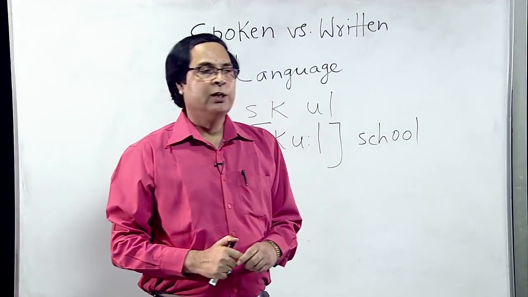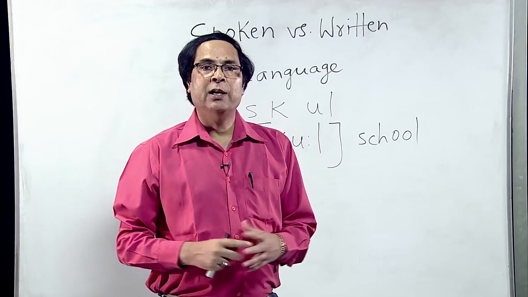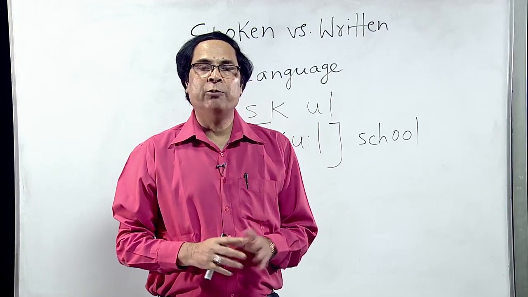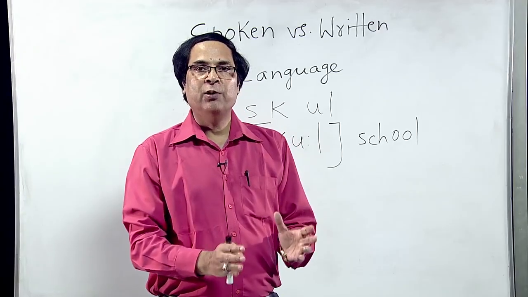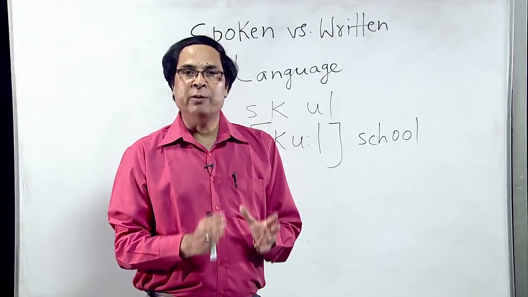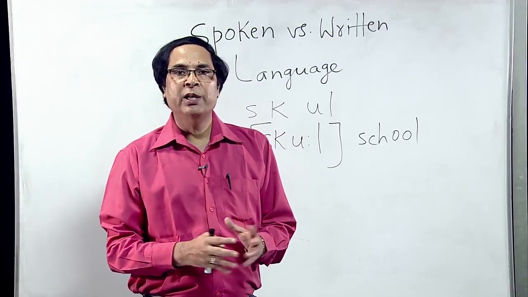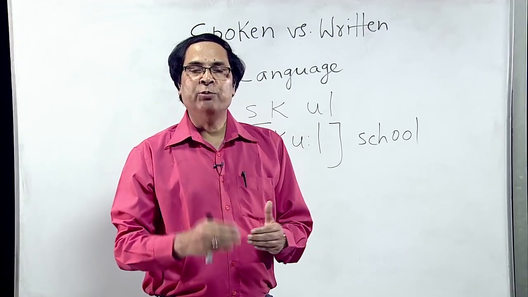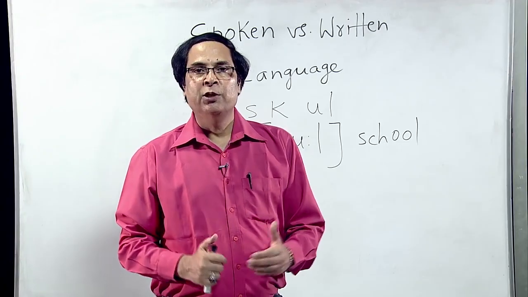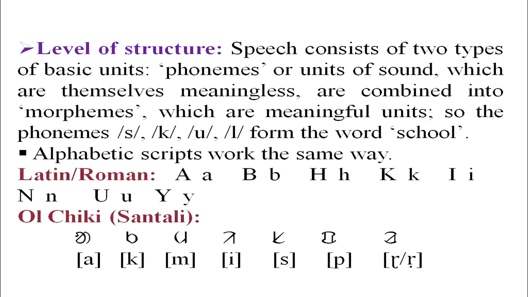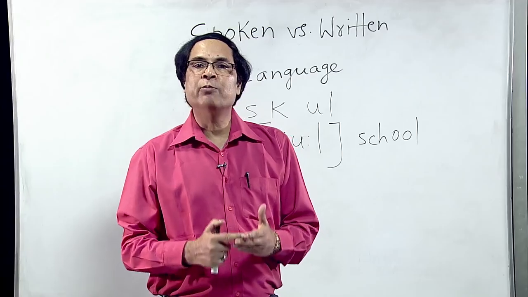Next, we have some alphabetic scripts, and let us look at their structure. Almost all the alphabetic scripts have a finite set of symbols, graphs, or graphemes, and they combine to produce larger morphemes, words, phrases, etc. So, Latin has A, B, C, D, E, F, G, H, etc., written in capital letters and also in small letters.